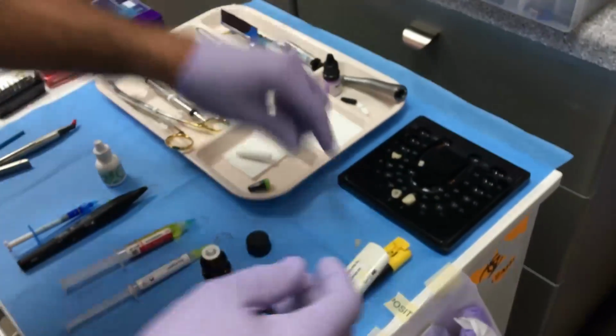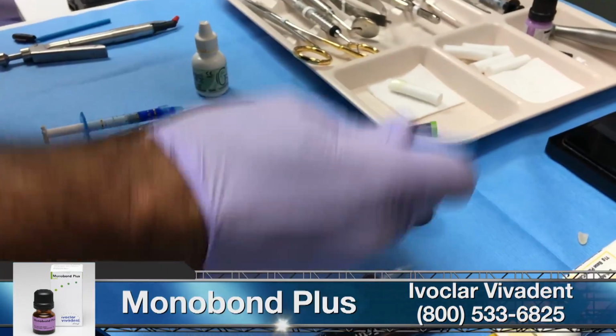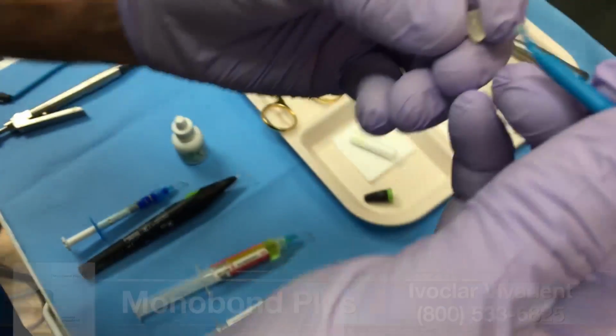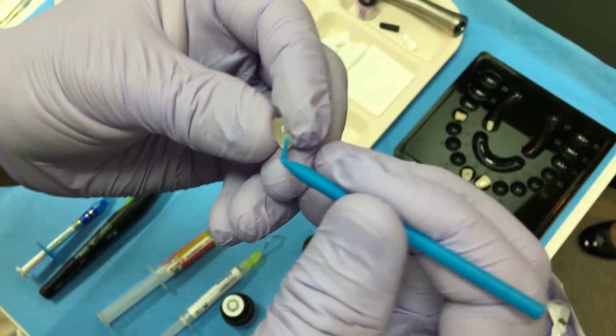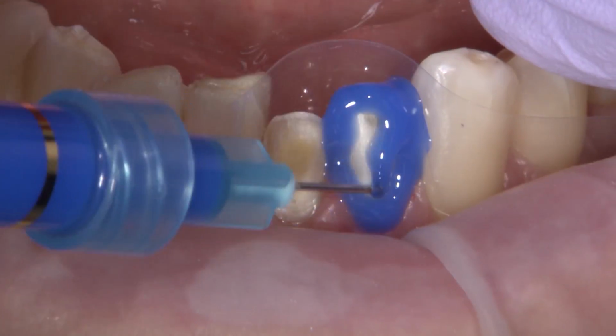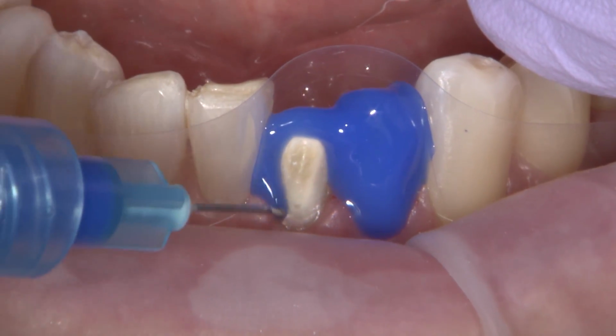Once the restorations are cleaned out, we will then apply Monobond Plus, which acts as our zirconia primer coupling agent, which allows the resin cement to adhere to the zirconia surface. For the BruxZir Anterior veneers, we want to establish the highest bond possible, so I use a total etch technique